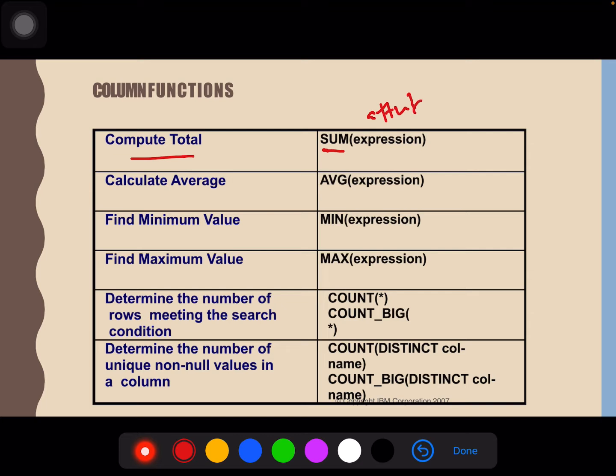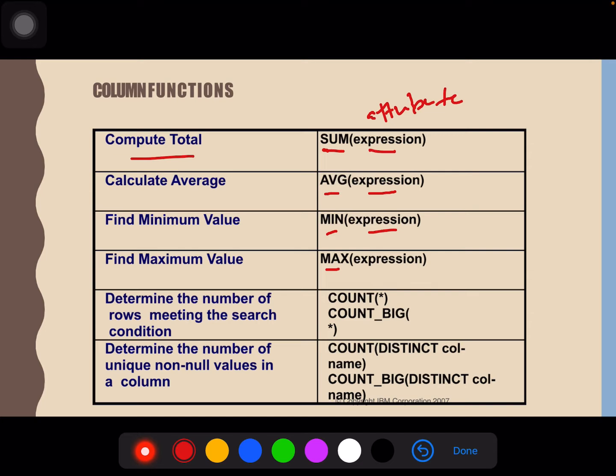Then to calculate average, it is the same as sum: we have AVG and then the attribute name. Then MIN, with an expression or attribute name, is to find the minimum number from the rows, and MAX is the maximum number from the rows. Or to determine the number of rows meeting the search condition,